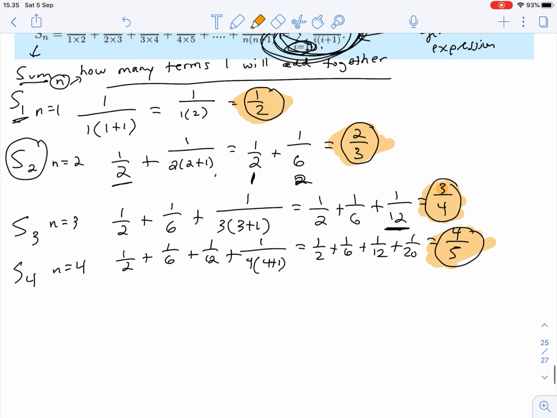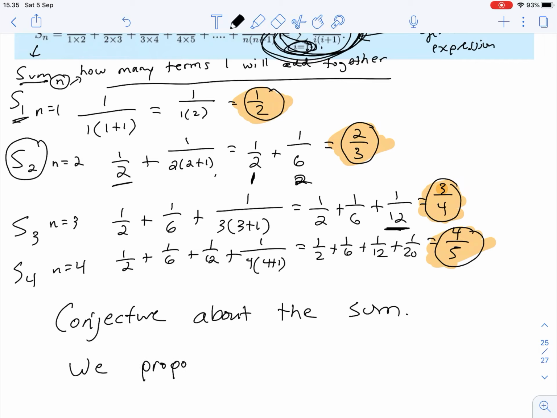So now we can make a conjecture about a pattern that we see. Conjecture about the sum. So we could say, we propose, or you could say conjecture